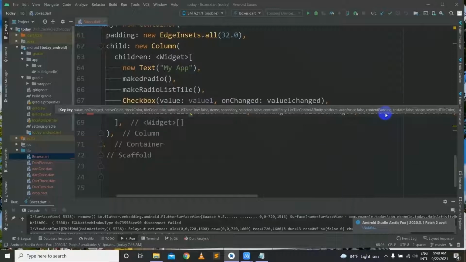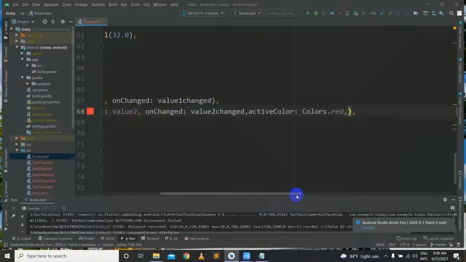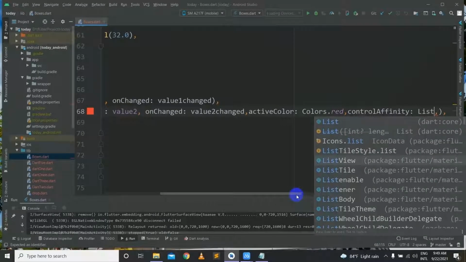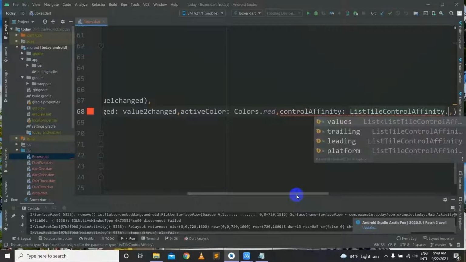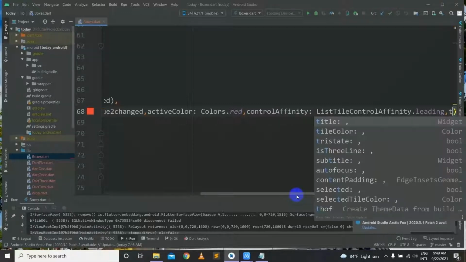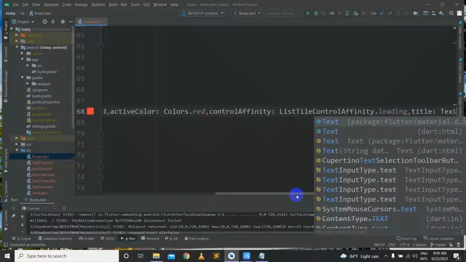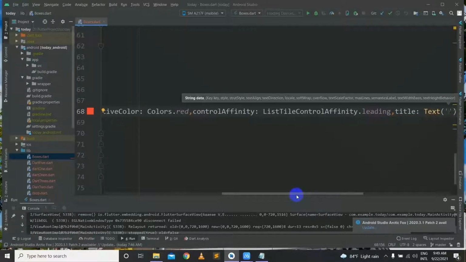and next I'll give it a control affinity. It will be list tile control affinity dot leading, and after that I'll give it a title. The title will be a text that says hello.